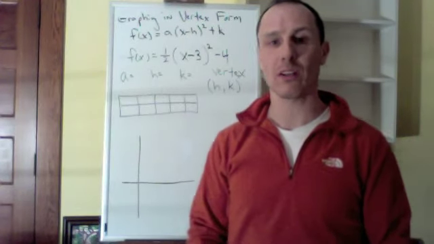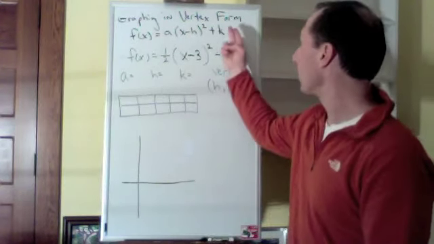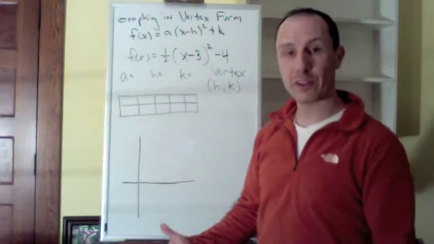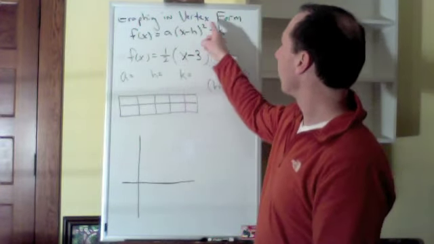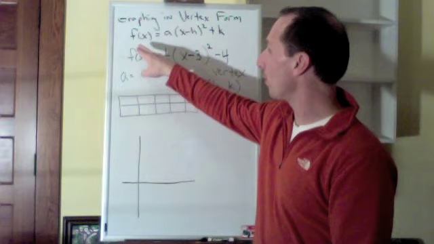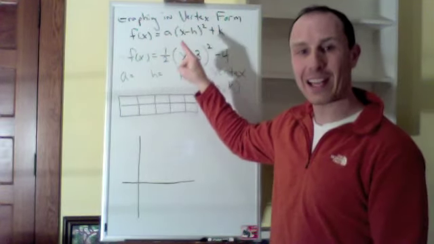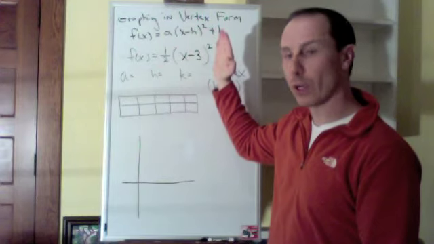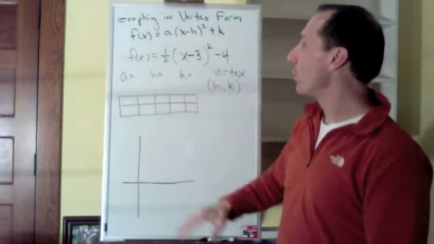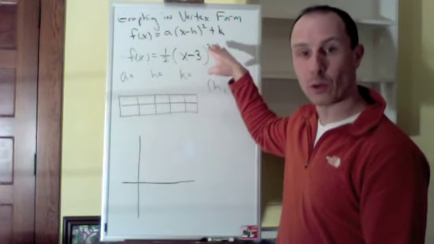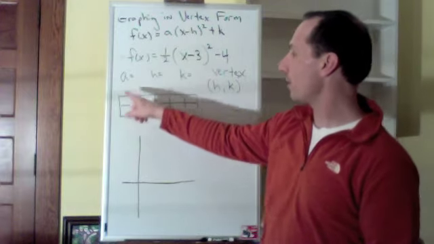Okay guys, moving right along, we're going to talk about graphing in vertex form. So first, just a quick review. Vertex form is written in the form of f of x equals a times (x minus h) all squared plus k. So when we're looking at this form, the first thing we want to identify is a, h,